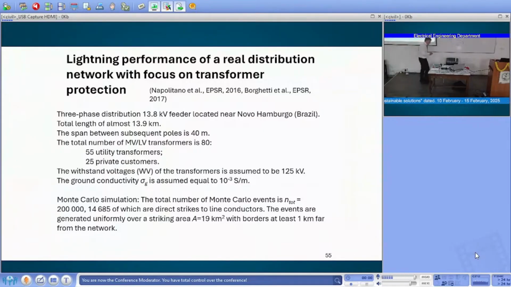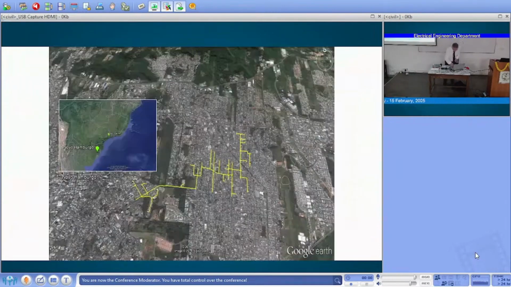for this network in Brazil. It is in the southern part of Brazil, so there are a lot of lightning events during the year, so the number of flashes per year is quite high. And so it is in this region, so you see also the network here. And we take